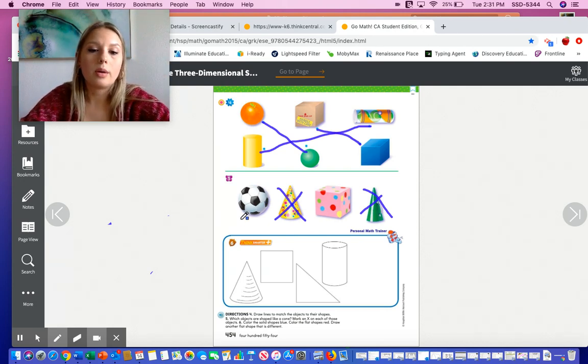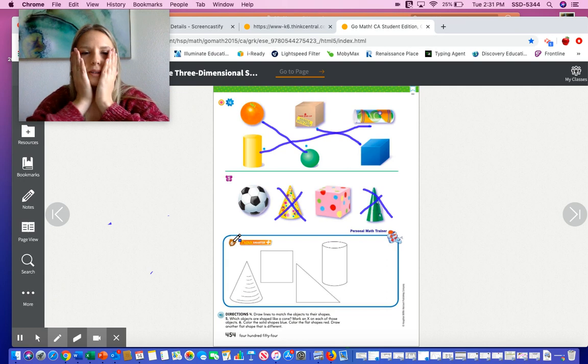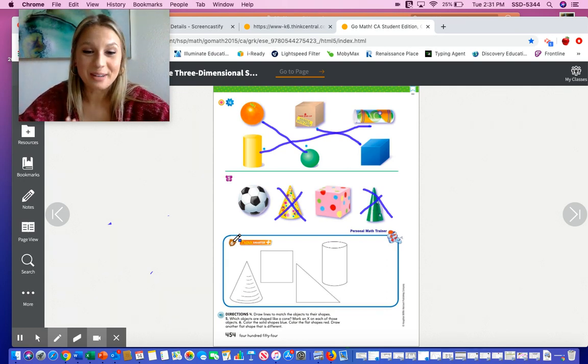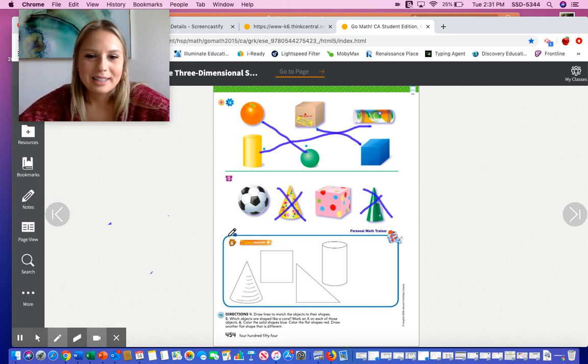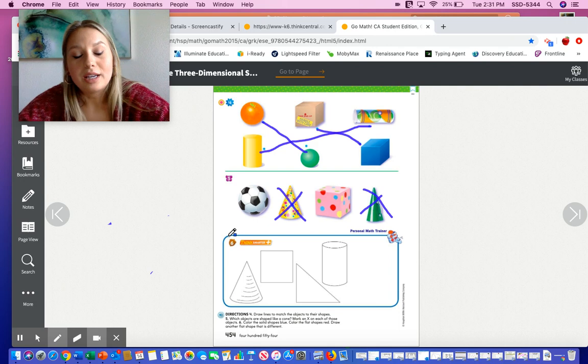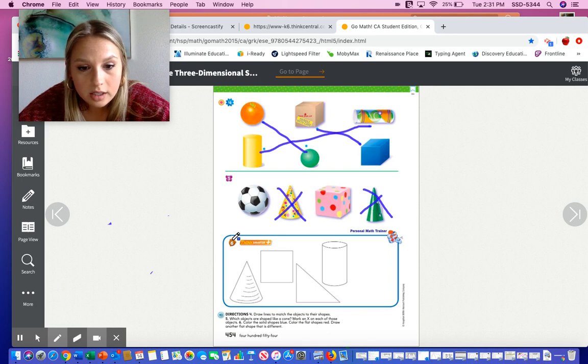Put your finger on brown acorn number 6. I keep mixing up my colors and shapes today. I think I'm thinking too much about the shapes. All right. Brown acorn number 6 says, color the